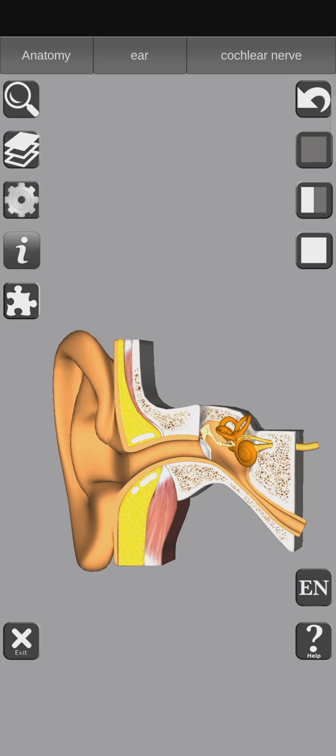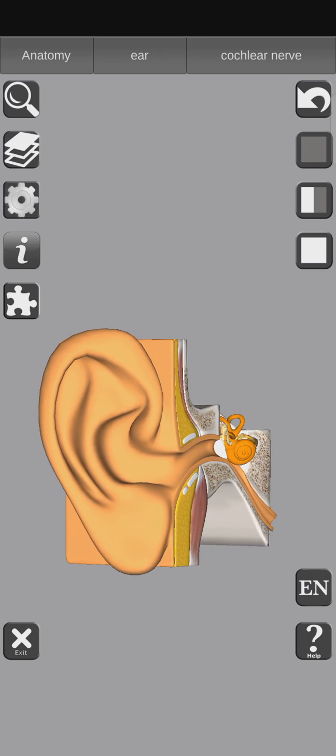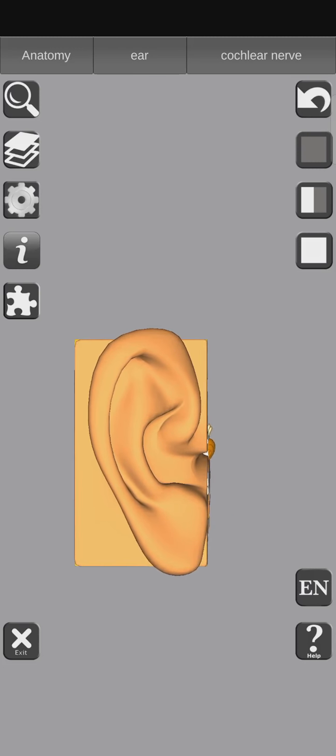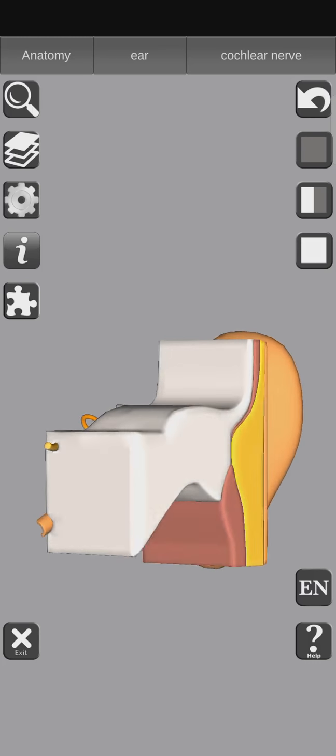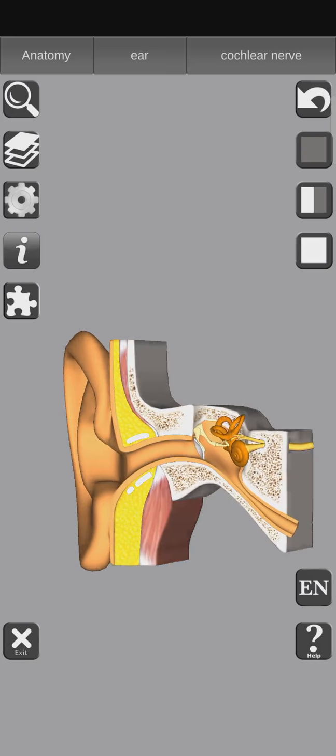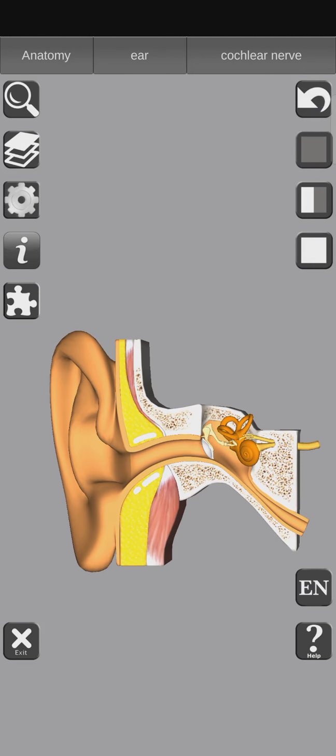But today we are going to learn in a very proper way, and we are going to learn about each and every part of the ear in a very dramatic way. Okay, this is a 3D model of the ear. First of all, let us understand how the structures in the ear are organized, and what the parts of the ear are and how they are distributed. The ear is basically divided into three parts: outer ear, middle ear, and inner ear.